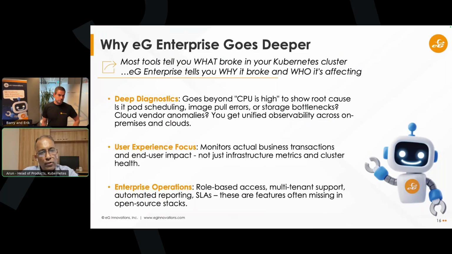That's what traditional monitoring tools do. But you could have issues with the Kubernetes layer where you could have pod scheduling issues. You could have a problem with the image not getting pulled. You could have a problem with the persistent volume at the storage level. You could have a problem with the actual cloud vendor itself. For example, it could be either of AWS or Azure, who could have an underlying problem. And you need unified observability across all of these, as well as your on-premises Kubernetes, which often talk to your cloud Kubernetes, visualized on a single console.